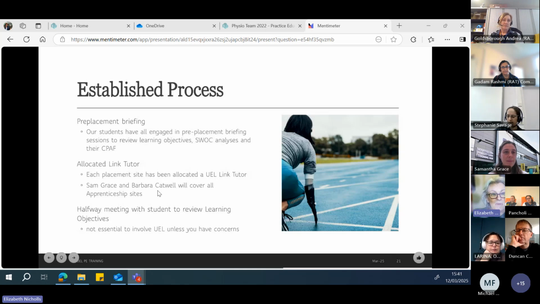Many of you who've done placements before will be used to organising halfway meetings, and we do love attending the halfway meetings with yourselves and with the students, but we're now really mindful, particularly on this first 4-week placement, that those can be quite difficult to organise and negotiate in terms of time with the link tutors at the university. So whilst we strongly encourage you to organise a halfway discussion with the student,